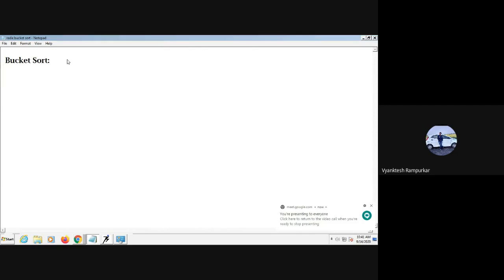Okay, in bucket sort, suppose let A be an array of size n. So let A be an array of n elements. Here, for each element I in A, we do the following.